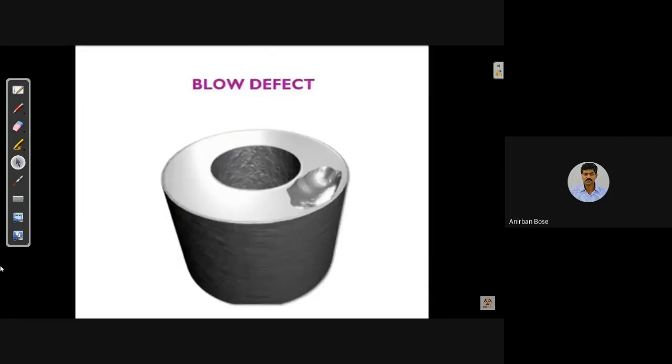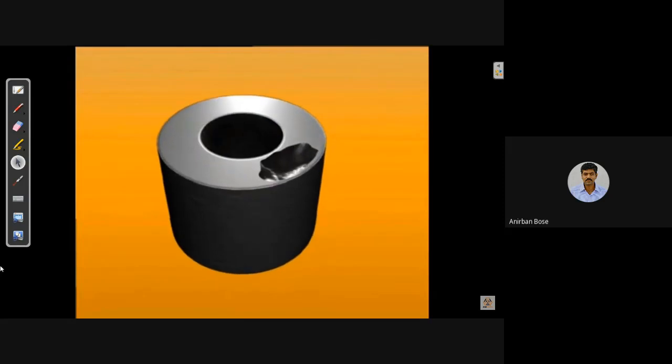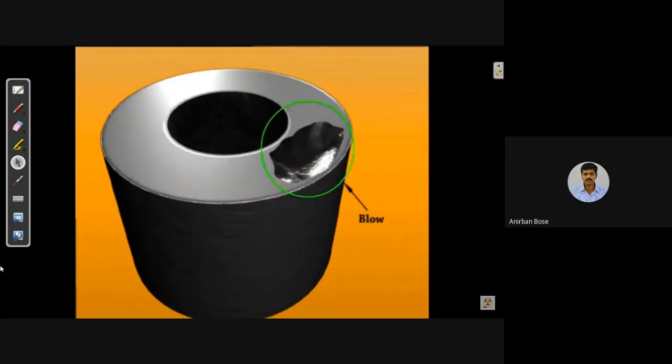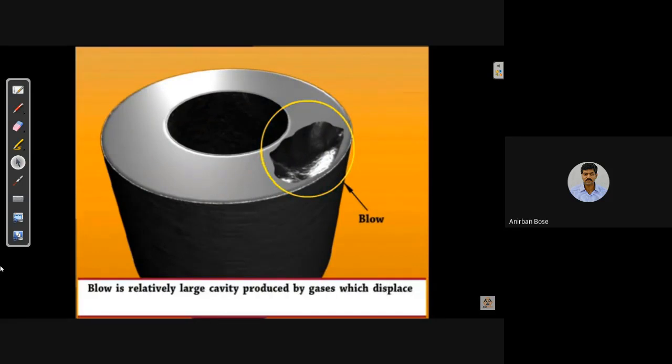Blow defect. Let us see an example for blow defect. Blow is a relatively large cavity produced by gases which displace molten metal from the cavity.